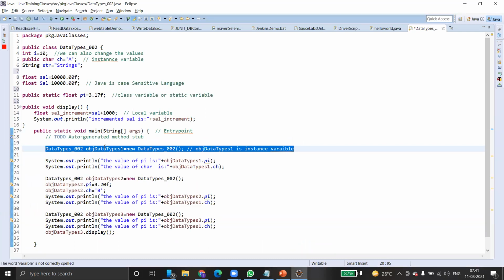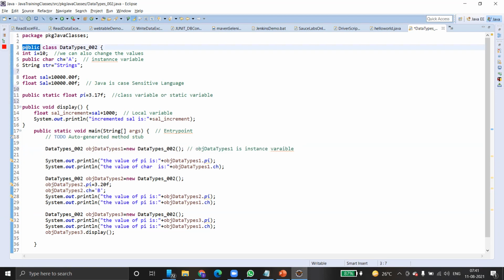Coming to how we are going to access these variables. Let me explain. If you use a scope delimiter called public, we also call it a scope modifier, the variable or class can be accessed across the projects.